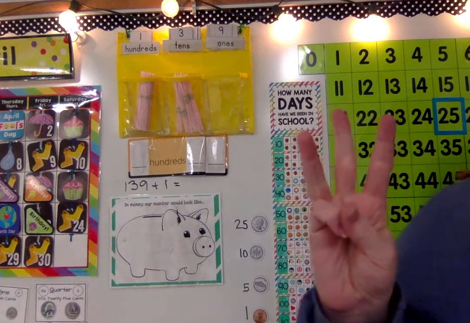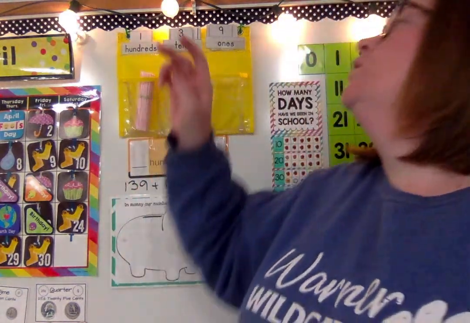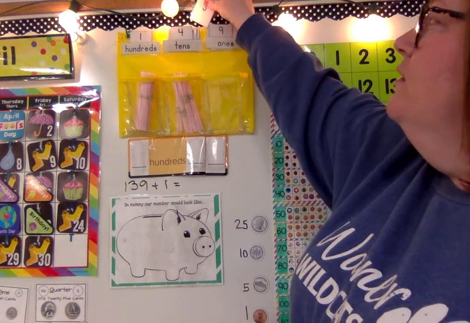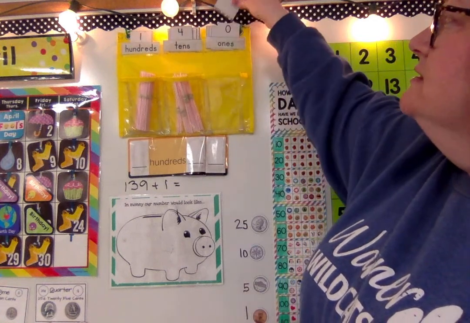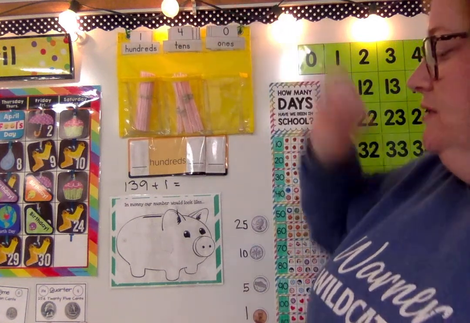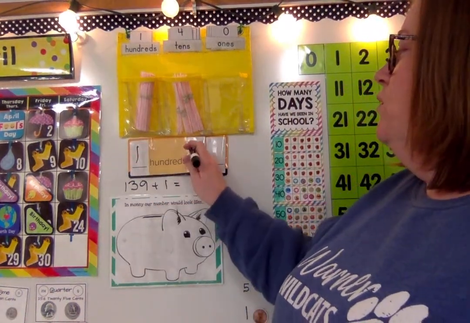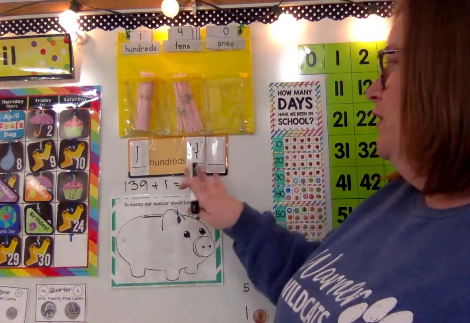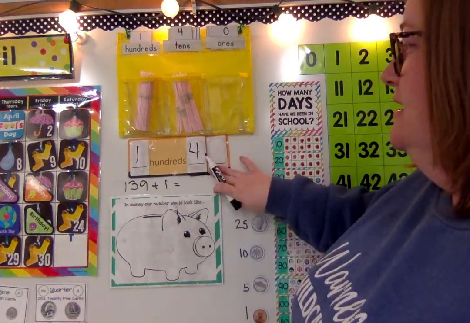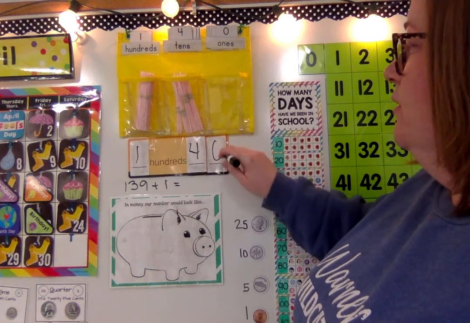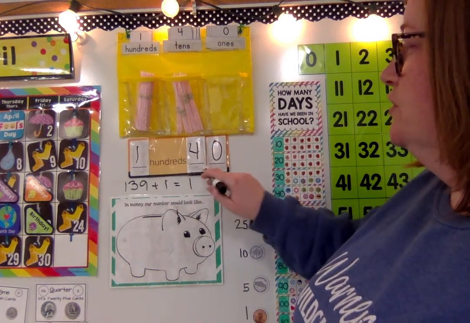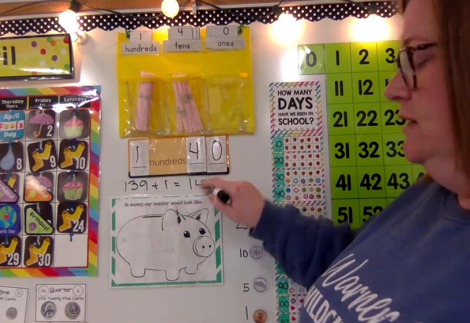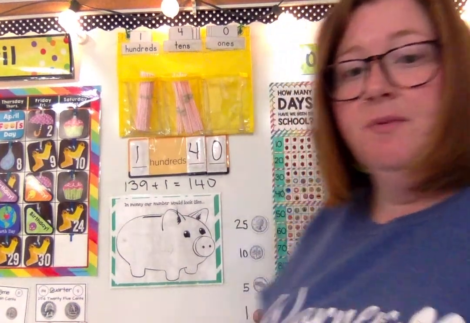10, 20, 30, 40. 4 groups of 10, 0 ones because I bundled them all. They went over. That means we have 1 hundred, 4 tens. Let's try that again. We have 100, 4 tens, and 0 ones, which is the number 140. That means it should also fill up our